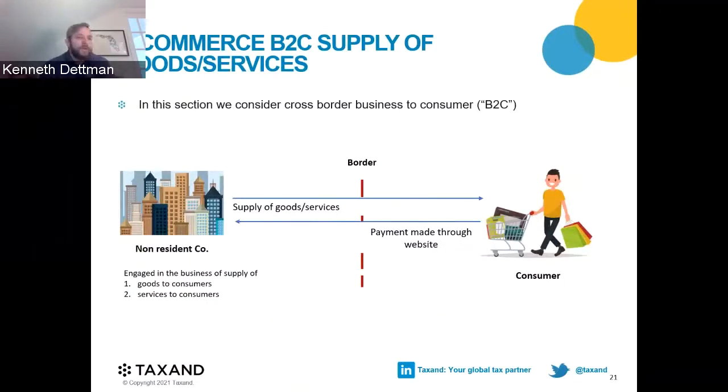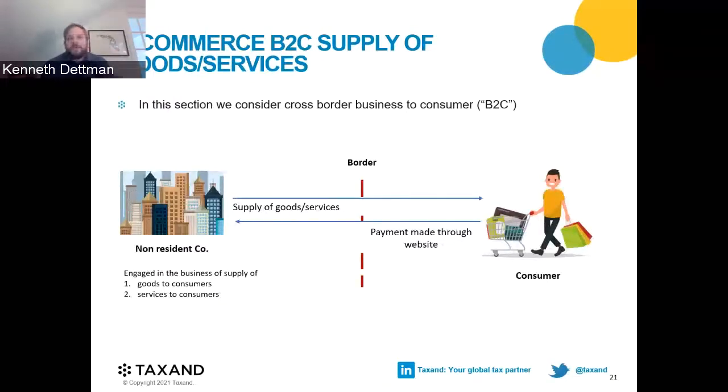It's the case where a non-resident company makes a sale of a tangible good to a consumer outside of their home country jurisdiction. And I think we're going to look at this both from an inbound and an outbound perspective. And with the tangible property, imagine the sale of a pair of sunglasses, for example, as a good example of a tangible product. We're also going to throw one variable on that,